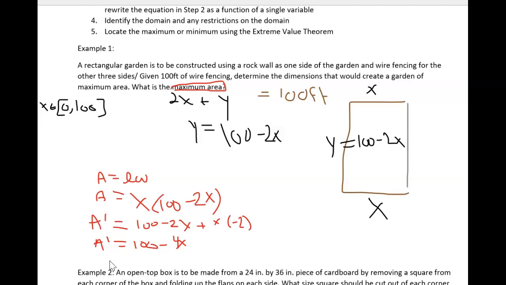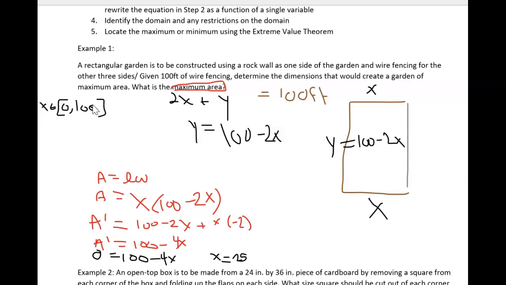And then I also know that the critical value, when the derivative is equal to 0, represents a minimum or a maximum. So let's finish solving for x. Over here, we should get x equals 25 feet. Well, if we think about it, if you make this side length 0 feet, you're going to have an area of 0. If you make this side length 100 feet, actually we should probably say that the max is 50,